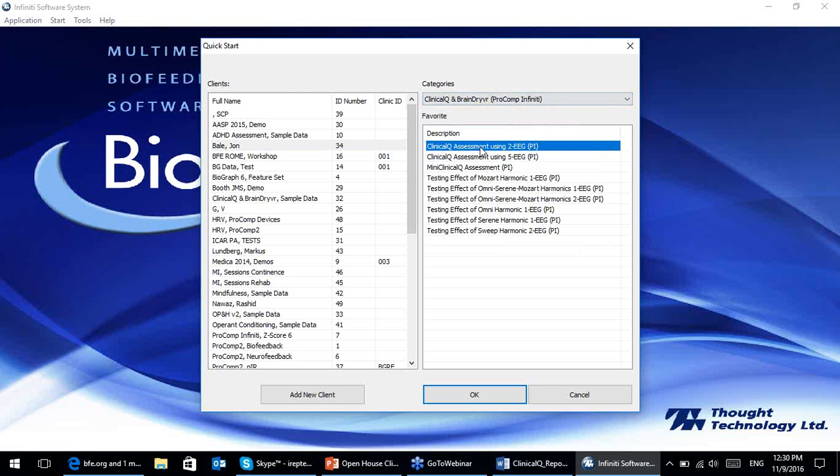So here's the standard ClinicalQ assessment, only using 2 sensors. We have the mini ClinicalQ, and then we have the harmonic testing scripts. In the very beginning, we only had 4 harmonic testing scripts, but we did add these 2 others, I think 1 or 2 years ago, where it would just let people try out multiple harmonics one after another, instead of having to run some of these sessions separately at the same site. And so not much has changed in terms of what you look at here, except for this new 5-sensor ClinicalQ